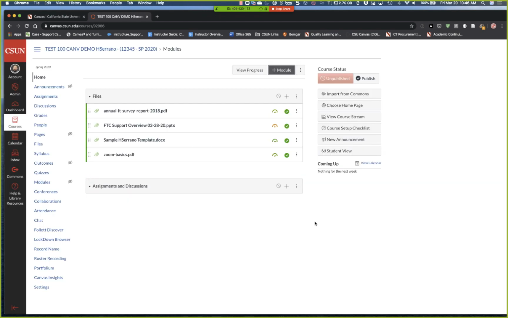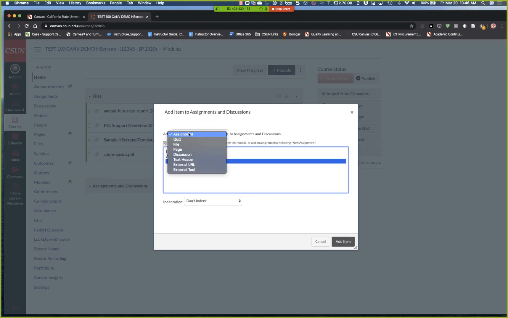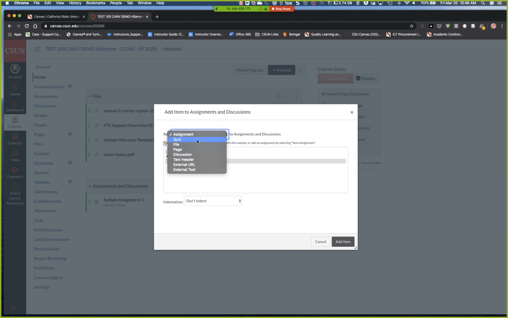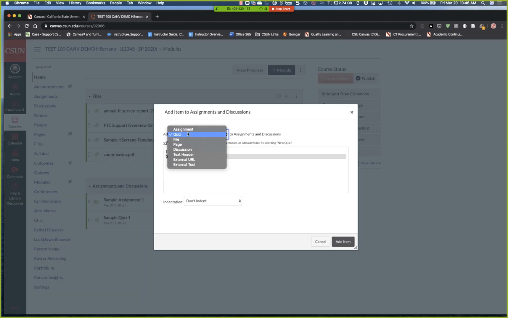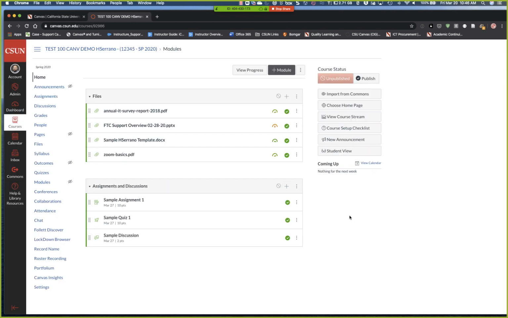I click Add Module. And from the drop-down, I'm going to select Assignment. I select Sample Assignment 1. From here, I'm going to select Sample Quiz 1. And lastly, I'm going to select that discussion. Now my Canvas course is starting to come along nicely,